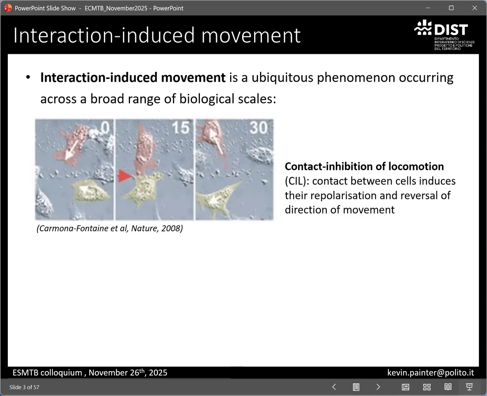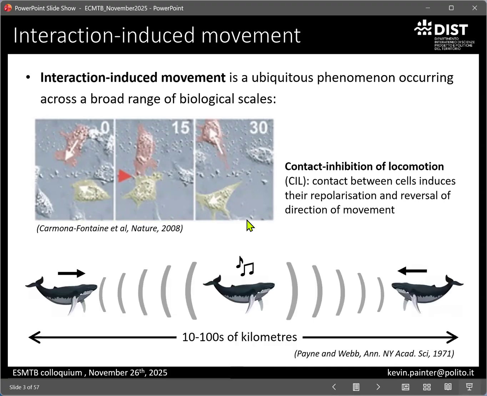and moving in another way. And this is also, of course, something that happens in animal populations as well, and can even occur at very large scales, as in the case of baleen whale populations, which use sound and songs as a way to communicate. Because of the propagation of sound in the water, those sounds can travel tens to 100 kilometers and induce other whales to move in response to them. So these interaction-induced movements occur across a very wide range of biological